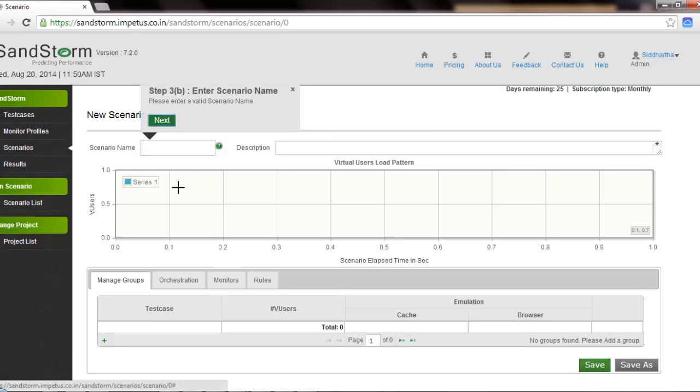The usage of the cloud portal and the flow is pretty much intuitive, and you can just follow the instructions on the screen and you're good to start with your load testing. Okay, let's give the scenario a name and a small description,